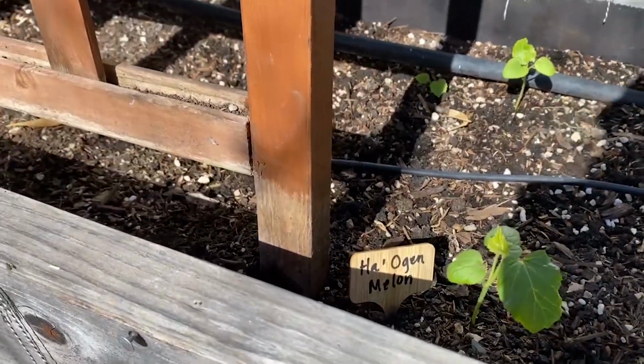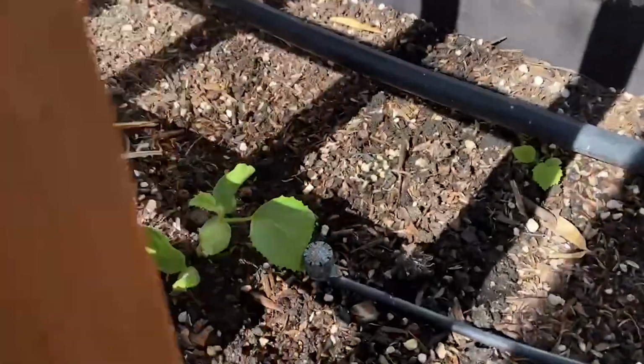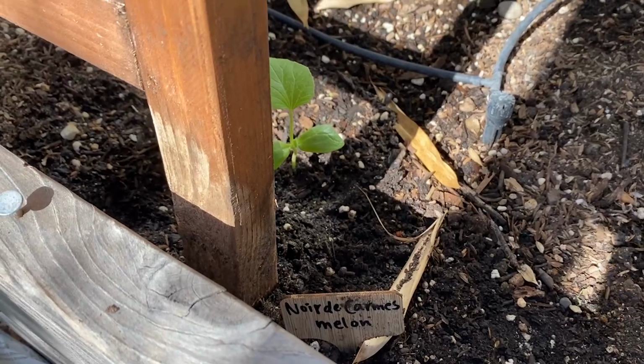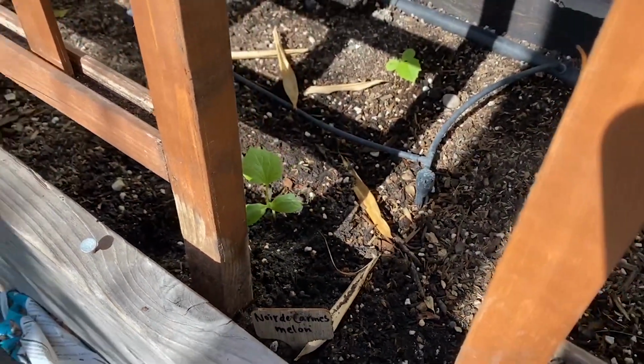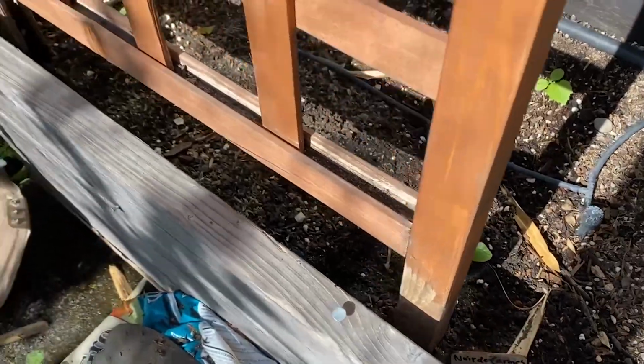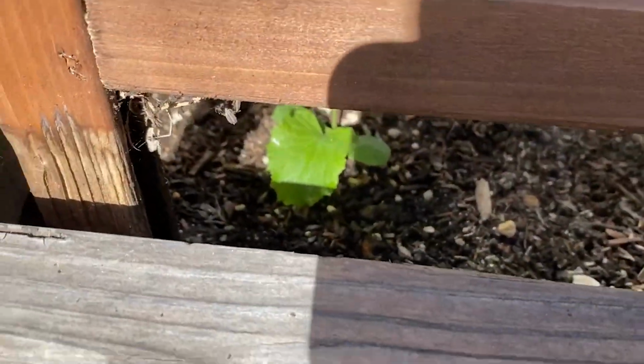And the hot ogan melon is right here. There's 2 of them. It's kind of taking off a little slower. Noir de Calme melon. I'm trying to pronounce it properly. It's French. Another volunteer of the cucamelon there. So that, and then I have another one on this side. I like to have, if I have the space, a minimum of 2 plants of each thing that I'm growing, because if something happens to one, then...